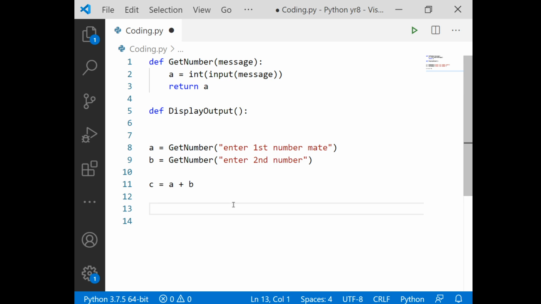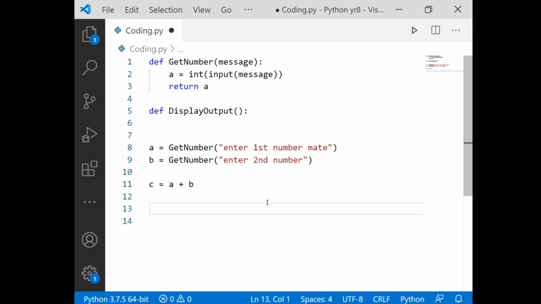Notice I'm putting them at the top. All the little modules that I'm making, I'm creating them at the top so I can see them before I try and use them. Some languages you have to do that, other languages it doesn't matter where you put them in your code. It's a language specific thing. I think Python throws a hissy fit if it hasn't seen something before you try and use it.